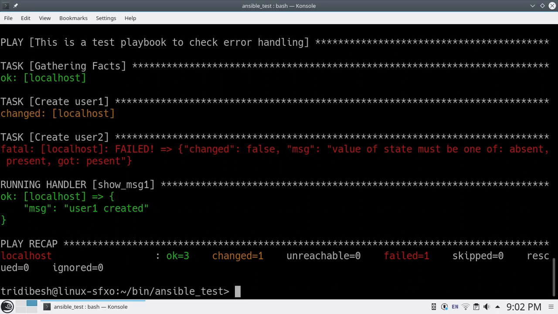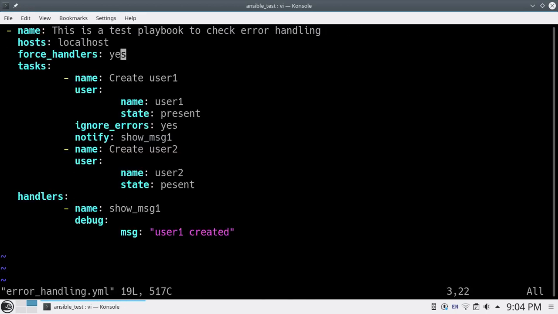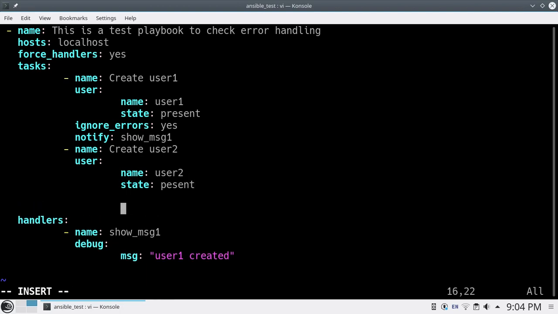So now you will see how you can specify your own condition for a failed task. Now we will see how you can specify your own failure conditions in your task. So let's go and create a new custom task.